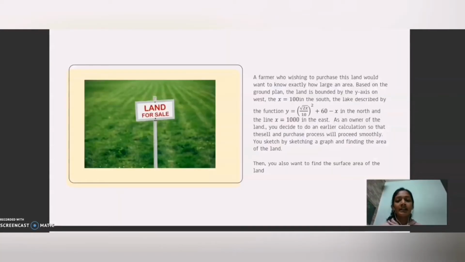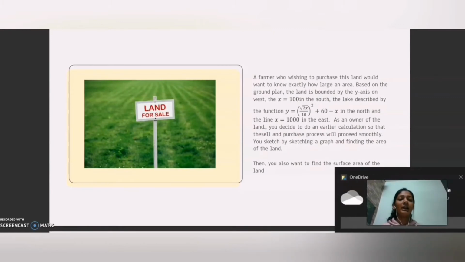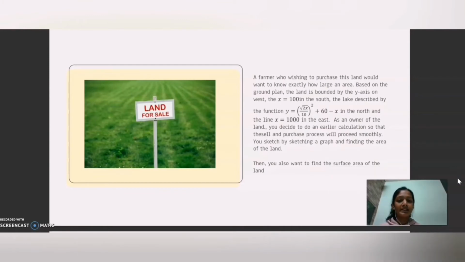The case study that is given to us is a farmer who, wishing to purchase this land, would want to know exactly how large an area it is. Based on the ground plan, the land is bounded by the y-axis on the west, x equals 100. In the south, the lake described by the function y equals (square root of 2x over 10) squared plus 60 minus x, in the north, and the line x equals 1000 in the